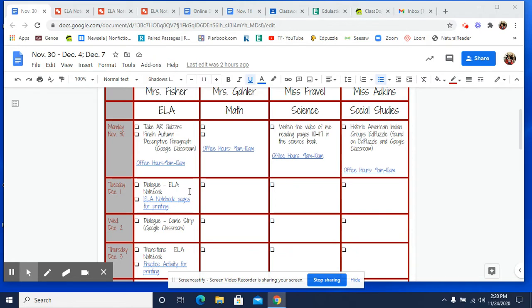If you do not have the ability to print at home, please send me a note, through Dojo's probably the best way, and I will create a Google Classroom assignment for you. And then when you come back to school, we can print that. Okay. So, with that being said, let's go on to our